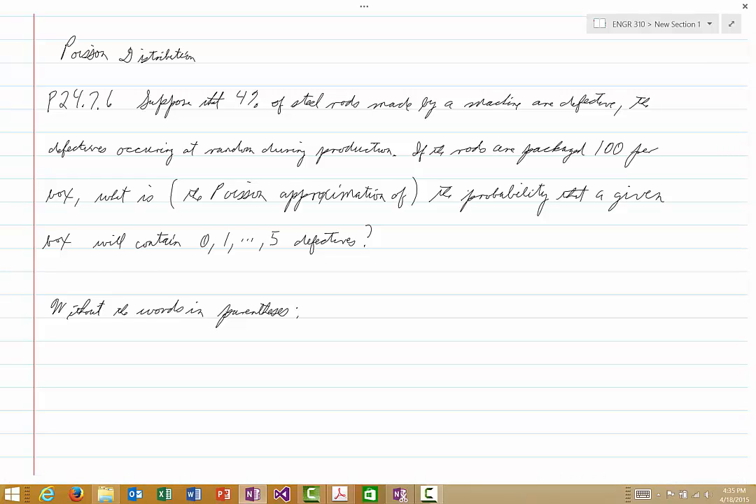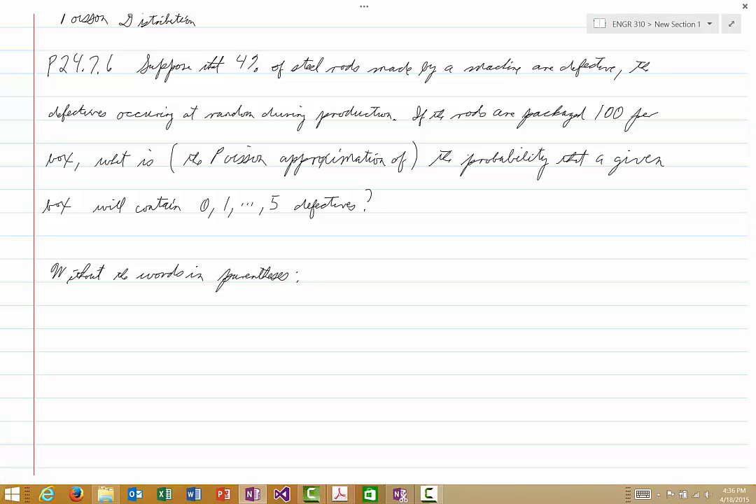There's the possibility that it is defective, and the probability of that is 4%, or the probability that it's not defective, which is 1 minus 4%, or 96%. And so we want the probability of 0, or 1, or 2, or 3, all the way up to 5 defectives. And so what do we get? Well, we can summarize this very quickly in the following way. Without the words in parentheses, in this case, we would use the binomial formula,